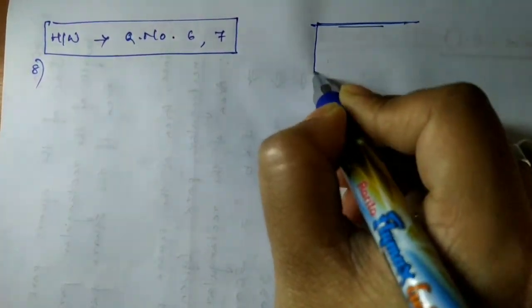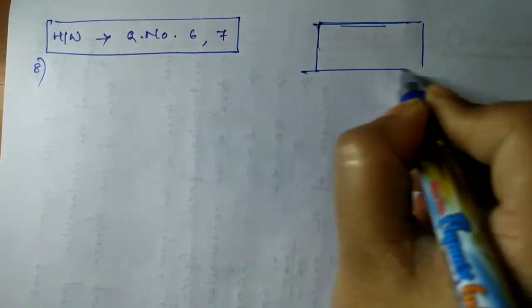Let's read the question. It's given that a door of length 2 meter and breadth 1 meter is fitted on a wall. So there is a door and the measurements, length and breadth, are given. The length of the wall is 4.5 meter and the breadth is 3.6 meter. Figure 11.6, a diagram is given. Find the cost of whitewashing the wall if the rate of whitewashing the wall is rupees 20 per meter square.